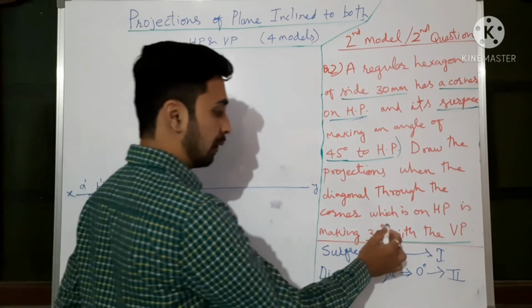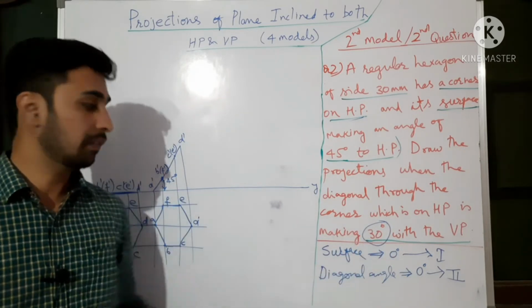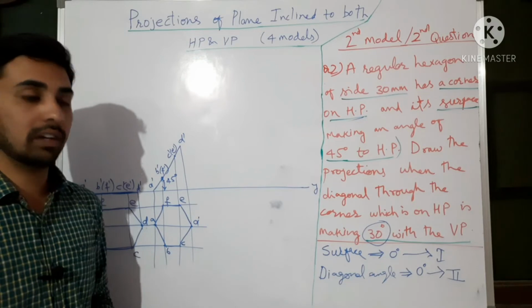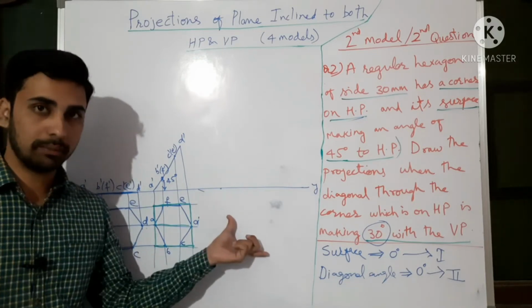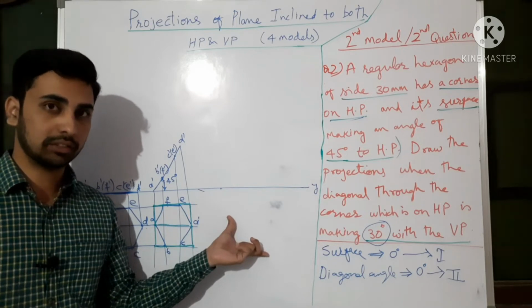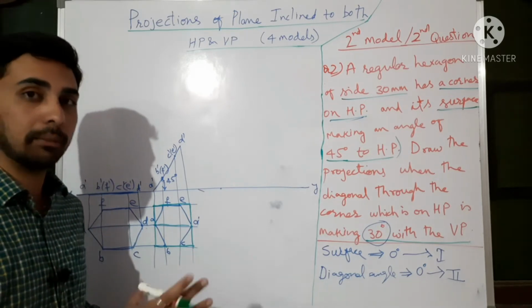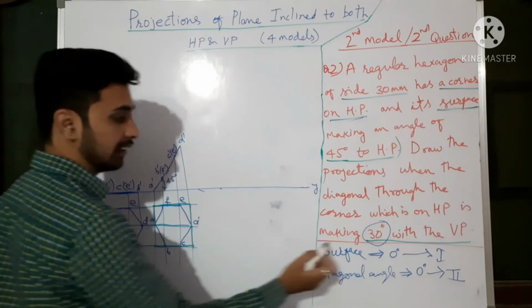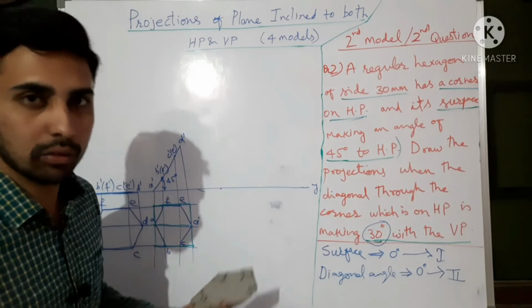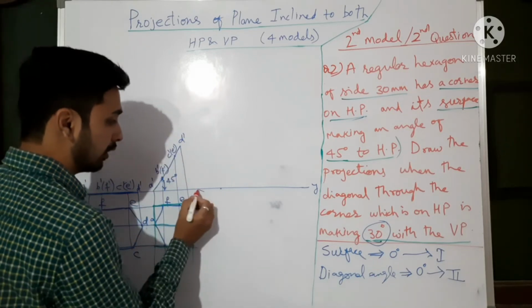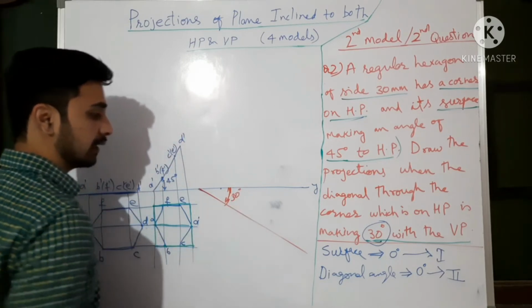Here is a very important thing you need to keep in mind: the angle given is 30 degrees. Generally while solving the problem, students will take it as 60 degrees. So first I will do the wrong step, the mistake generally done by students, then I will solve the correct one. Let us see the common mistake first. As it is given 30 degrees with respect to VP, they will take it like this, in red color, danger.